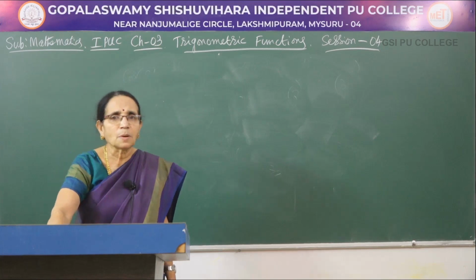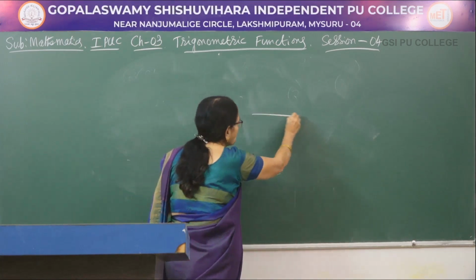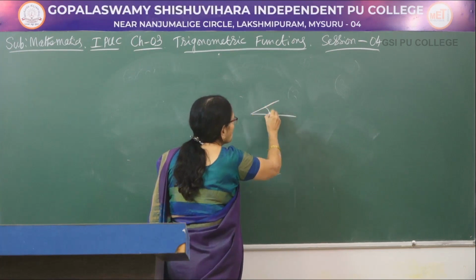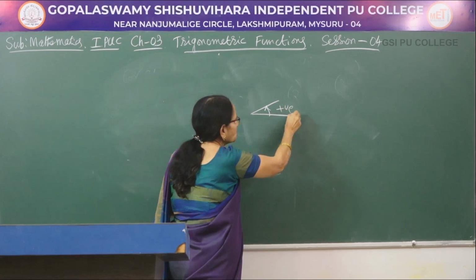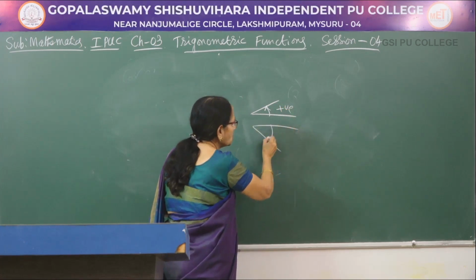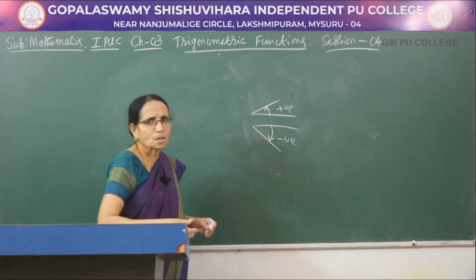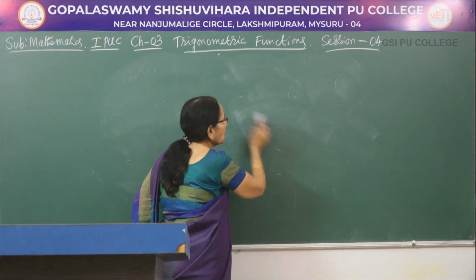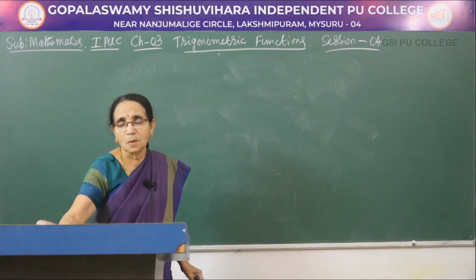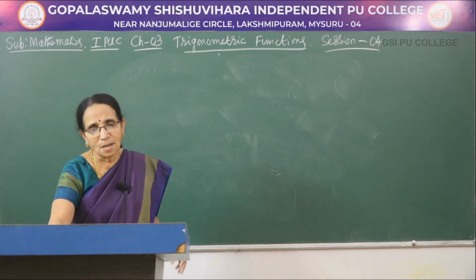Sometimes the angle would be a negative angle. I have already told you in the very first session, if the angle is measured in the anti-clockwise direction, we take it as positive. If the angle is measured in the clockwise direction, it is taken as negative. It's by convention. That is the way we take the sign of the angle. Now, suppose the angle is measured in the clockwise direction. The angle, as you know, will have the minus sign.